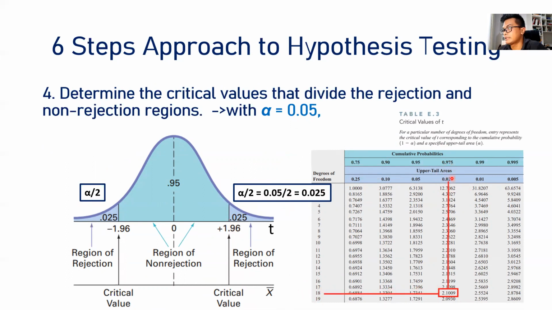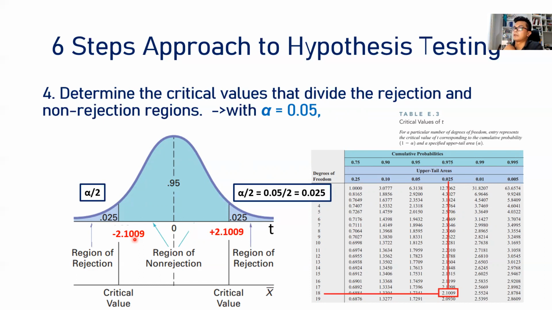Here we can see 0.05, there is an intersecting value between the degree of freedom 18 and the significance level. And then the critical value is 2.1009. Then we input it here as the critical value, plus 2.1009 and minus 2.1009. This is the critical value that is the boundary between the region of rejection and the region